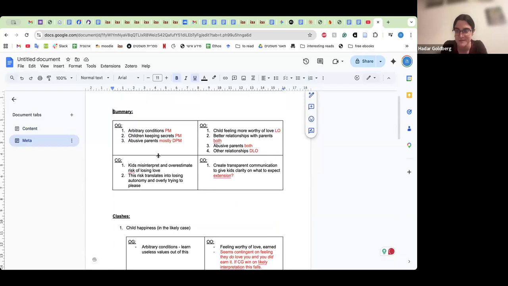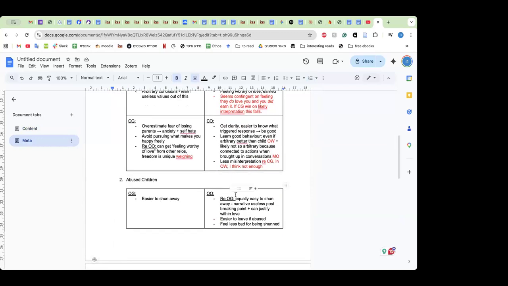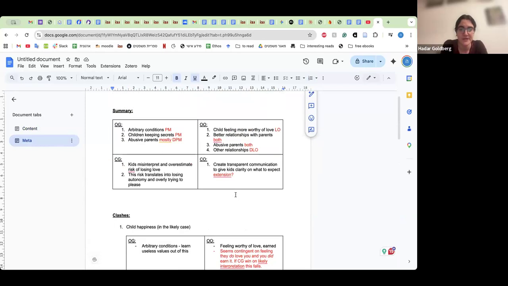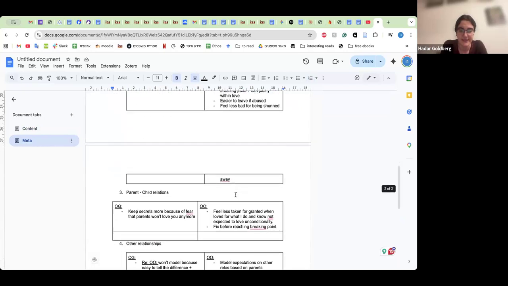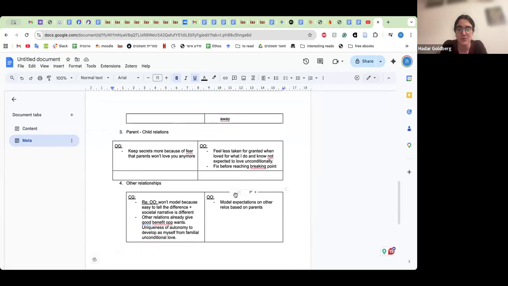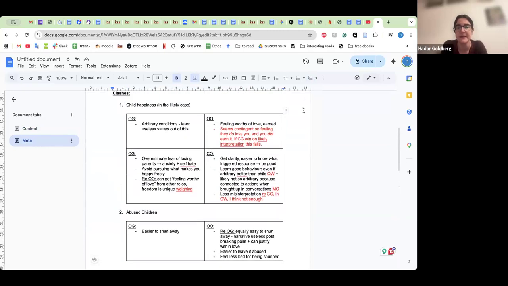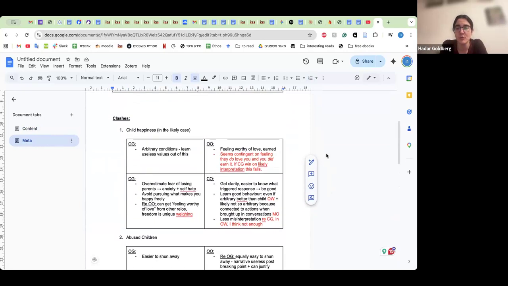So far, is this clear and intuitive? Yes. Okay. Within the question then of the likely case, why do you think CG wins over both OO and OG? I'll remind you on the likely case, OO has that kids will feel more worthy of love